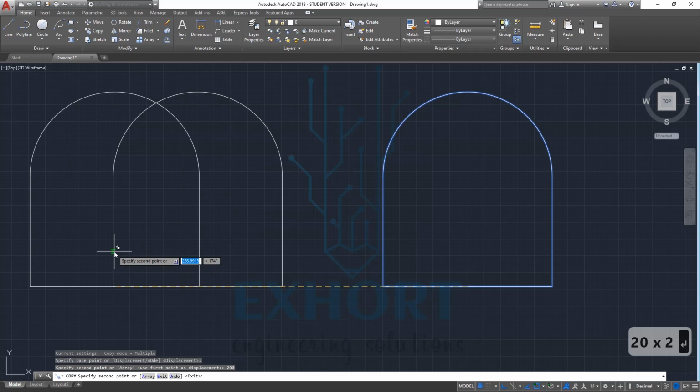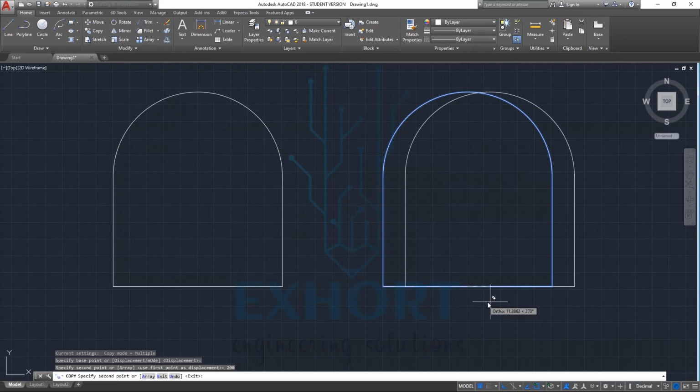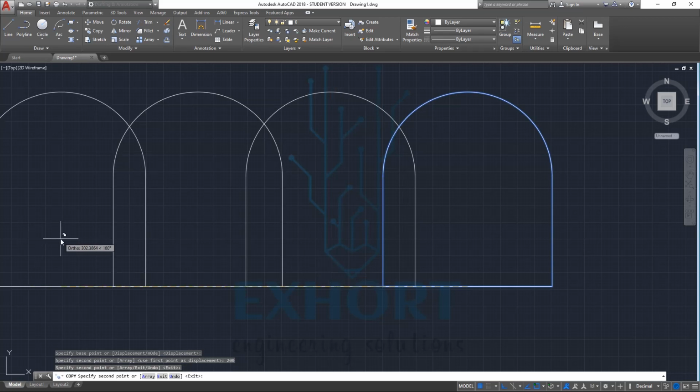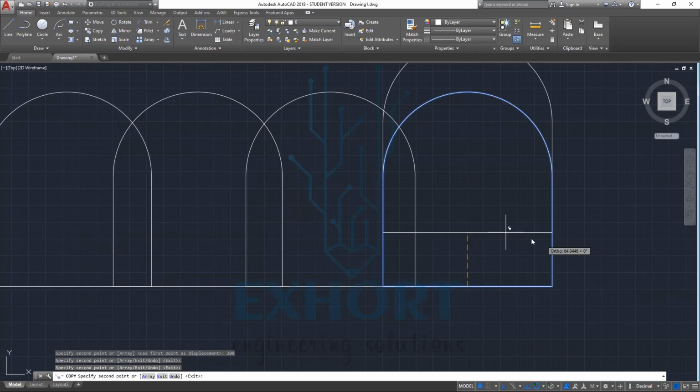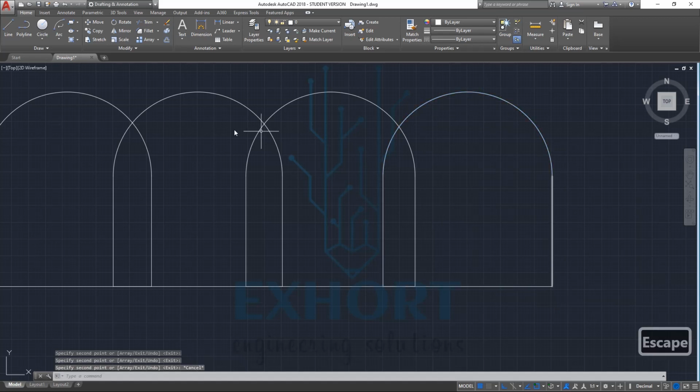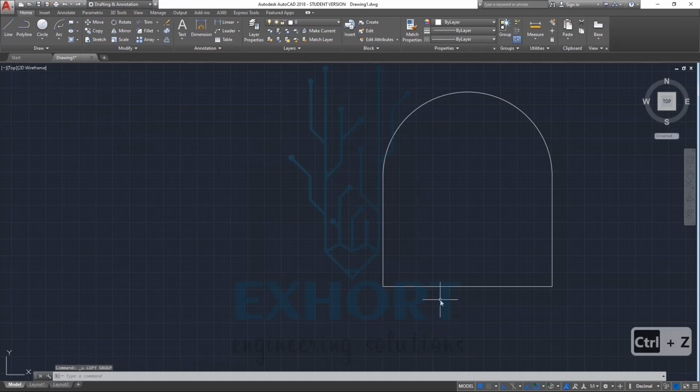If you want to copy it further, just go on selecting. Just I will select this, and you will notice that we can copy it any number of times. If you want to end the copy command, just press Escape, and you will notice that this object is copied three times.